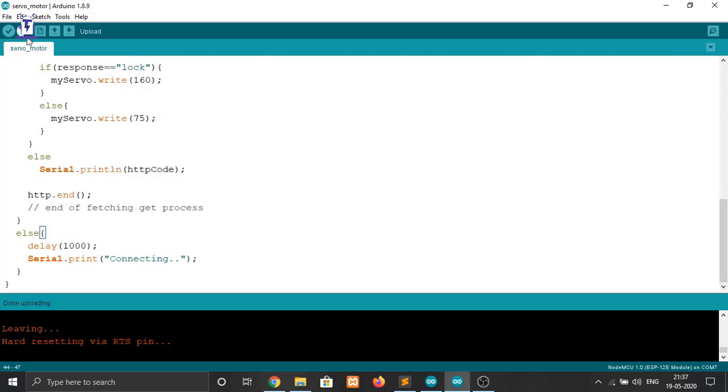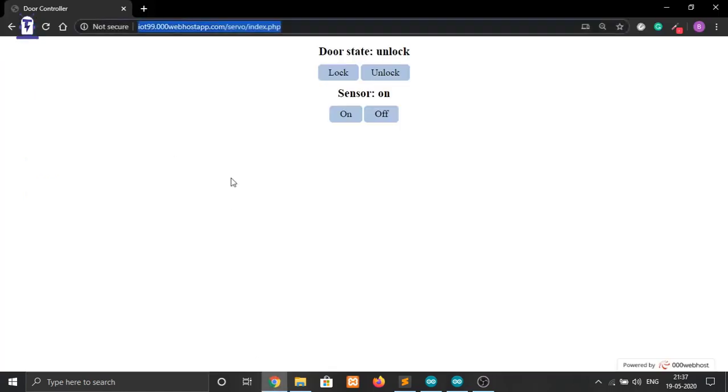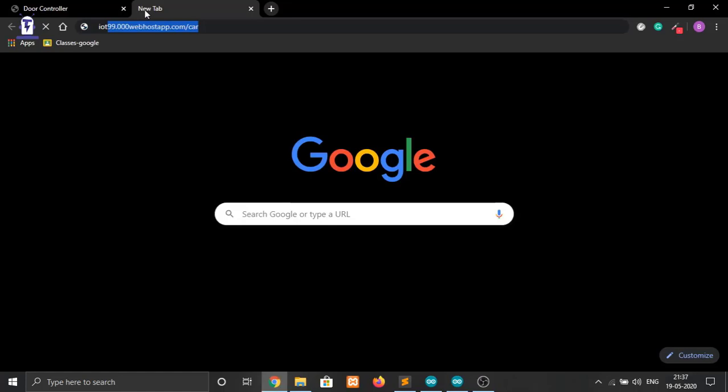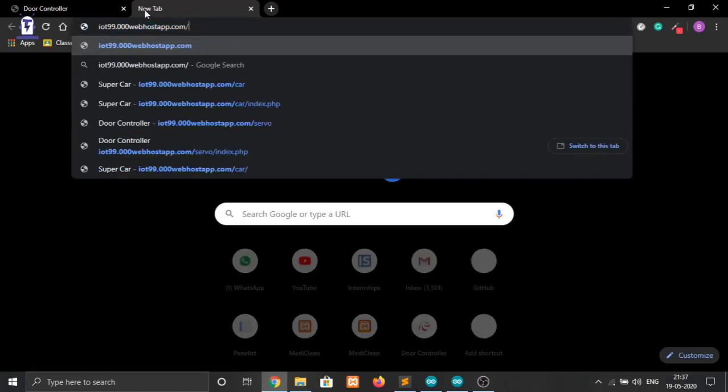Okay, so now let's upload our code and wait for the upload to finish. Meanwhile, I will show you the servo data file from which we are getting our lock and unlock data.